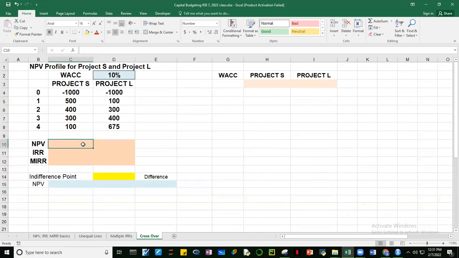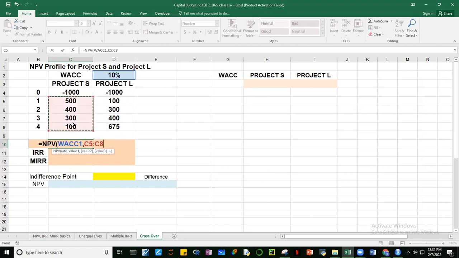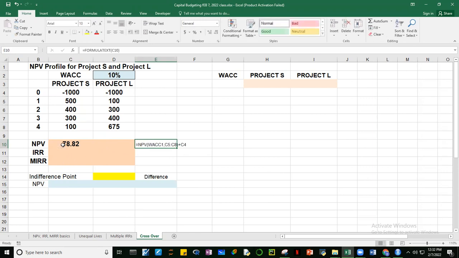Okay. NPV natin is equal to NPV. Okay, ang rate natin is 10%. And WACC 1, no need to fix that. Value natin, remember, it will be this one, guys. Okay. And then plus the year 0. Okay. There. Lagyan ko lang ng formula siguro, next, so that you can check. Okay, then we just copy this. Copy lang natin to dito. No?